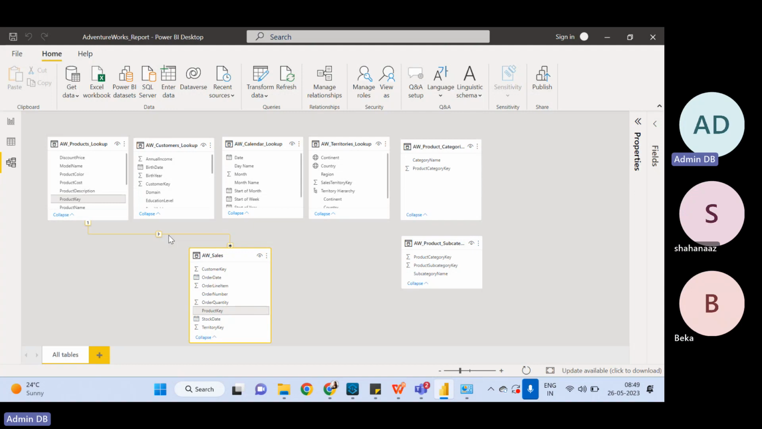So this is a long approach, right? To create a relationship, there are two ways you can do. Either you can go to manage relationship and then individually select everything and create the relationship. The second way to do it is very fast and simple. Let's say I want to create a relationship between customer lookup and sales. I know that the primary key